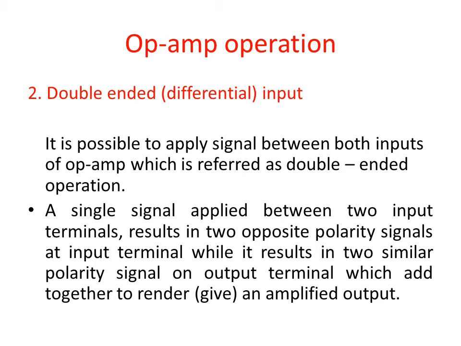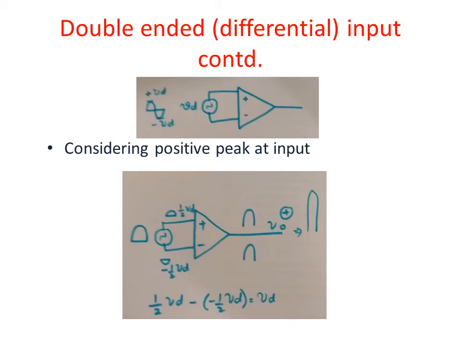What else we can do is we can apply a signal between both the terminals of the operational amplifier. This will give us an amplified output when we have a differential input. How? Let us see in the next slide. In case of differential input, as I told you, there is the possibility to apply the signal between both the